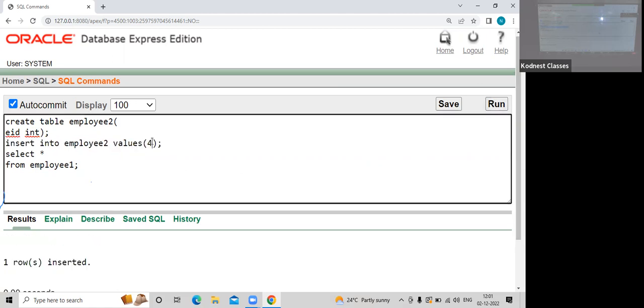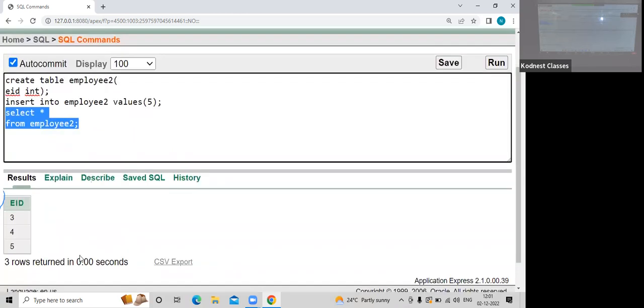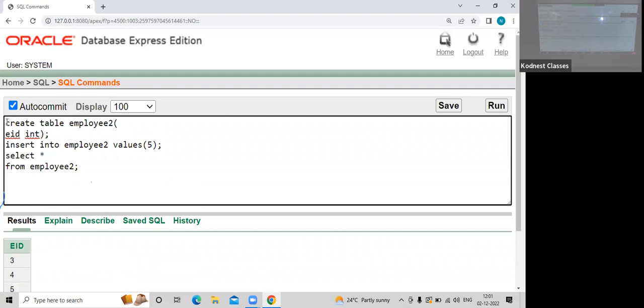And I'll also insert one more record as 5. Yes. So if I say select star from employee 2, you can observe it has 3, 4, 5. Okay. So now what I'm going to do here is I'm going to tell select star from